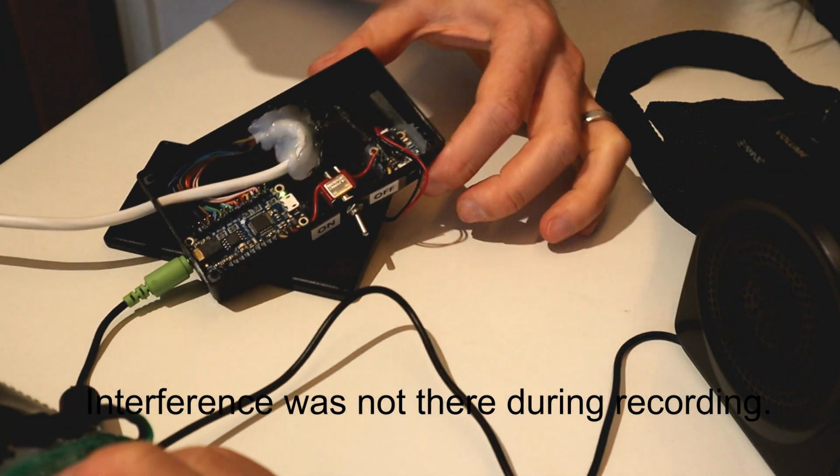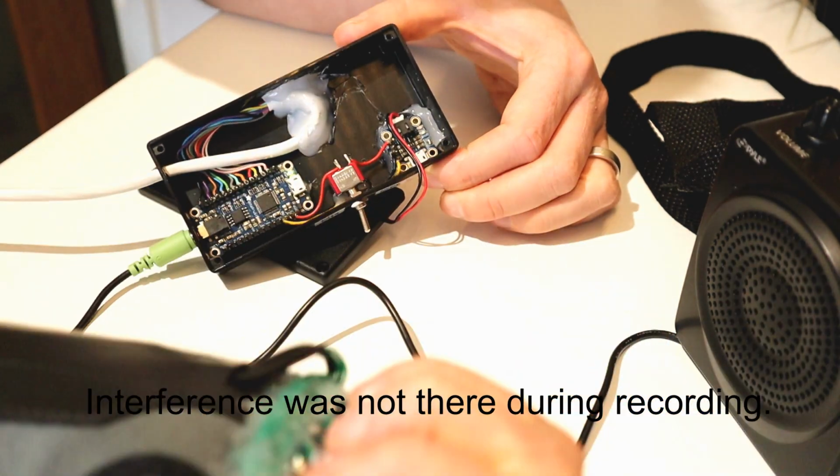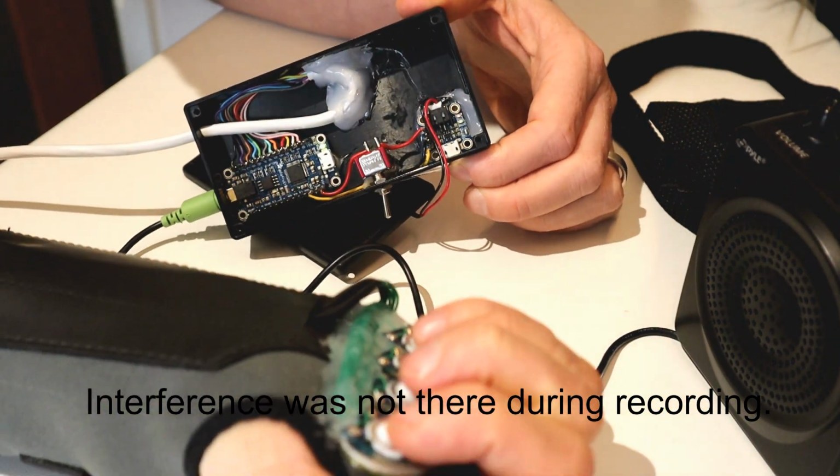Alright, so we're all connected back up again. I've got the wrist support on with our buttons. And here we go. On button 1,